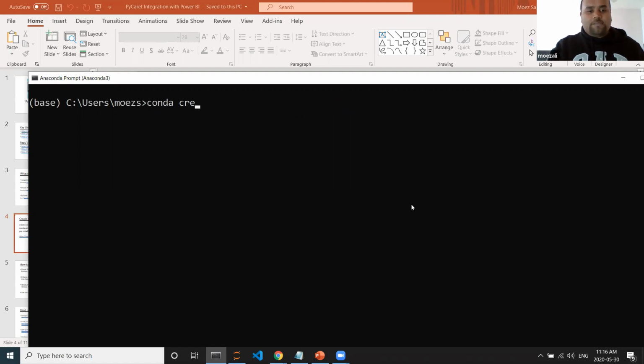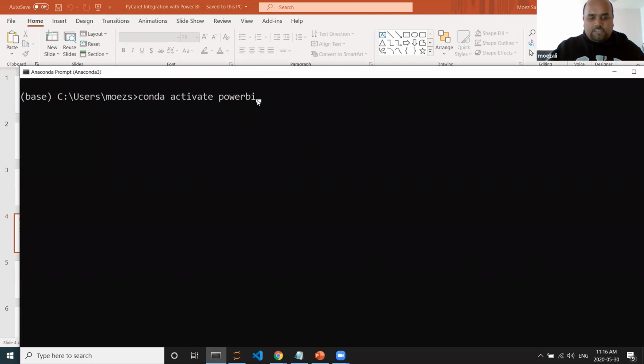Once this step is complete, you can activate your environment. So in this case, see this base on left hand side. This shows that I'm in my base environment. But because I've already done the installation, I'm gonna activate my environment by writing conda activate Power BI. And as soon as I execute that,